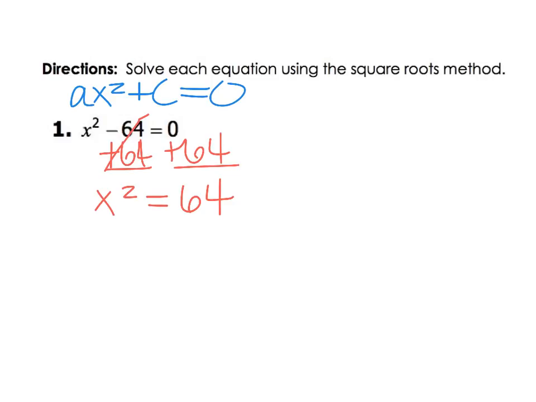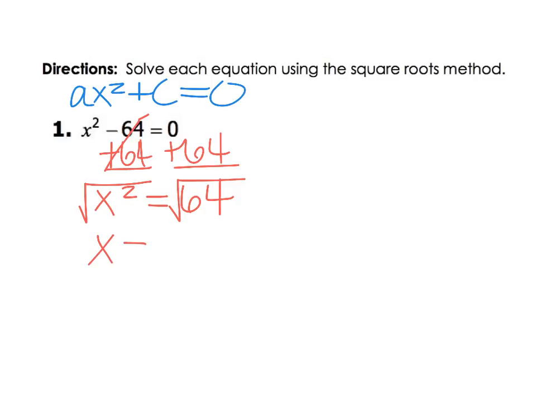Then we want to take the square root of both sides, because if we take the square root of x squared, those are inverse operations. Squaring something and taking the square root are inverse operations. They're opposites, just like addition and subtraction, multiplication and division. So if we take the square root of x squared, it cancels out the squared, so we're just left with